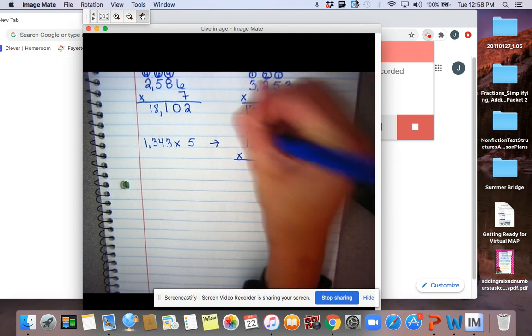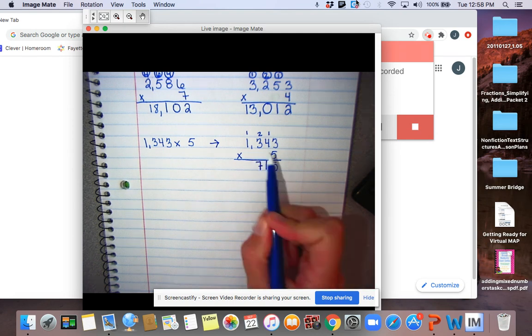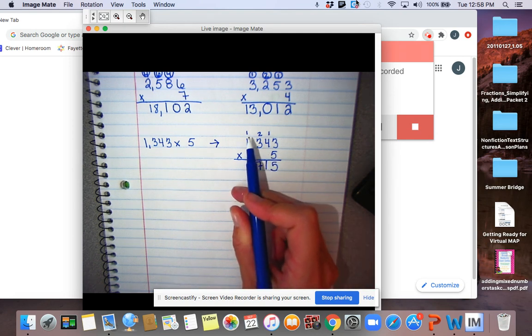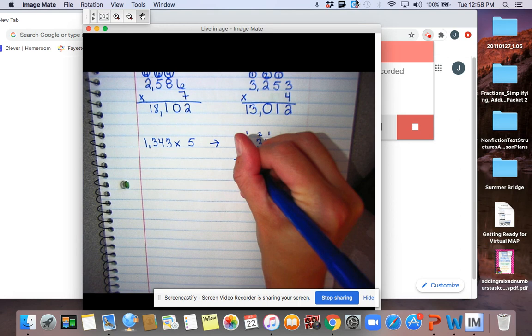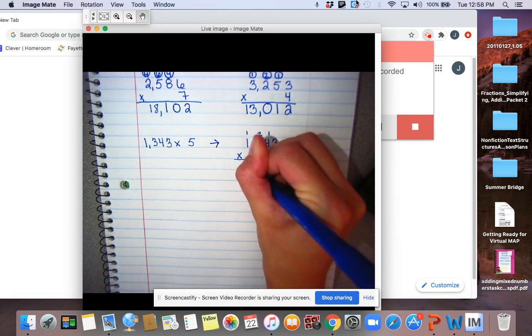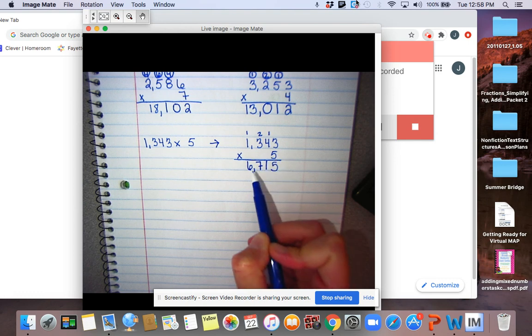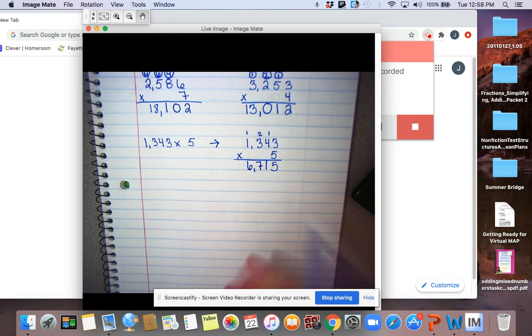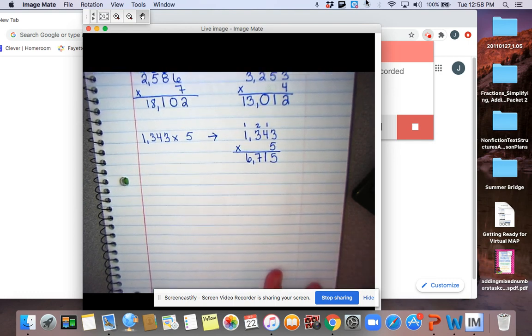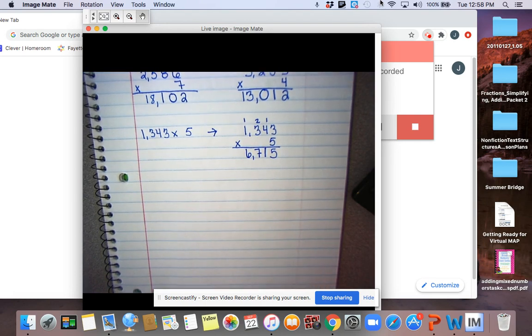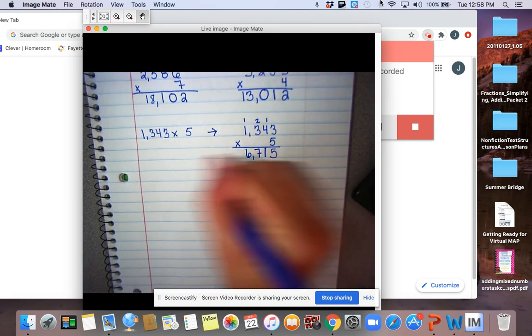Carry my 1. 5 times 1 is 5, plus 1 is 6. So 1,343 multiplied by 5 is 6,715. All right, guys, we will do one more problem. Our next problem is